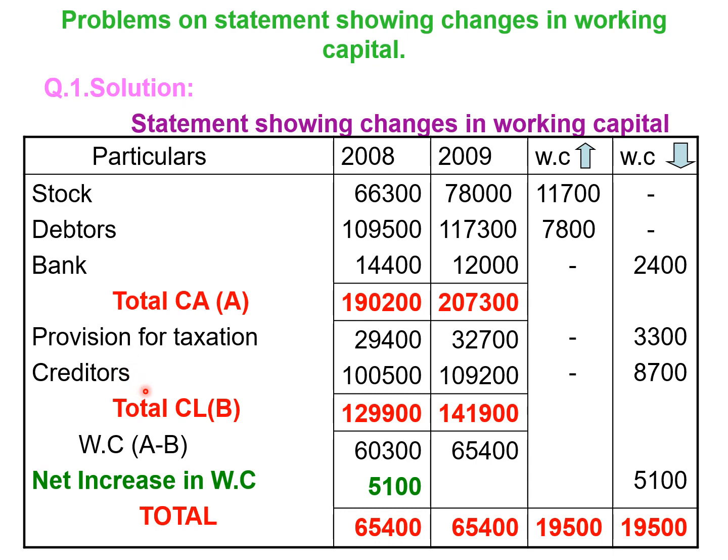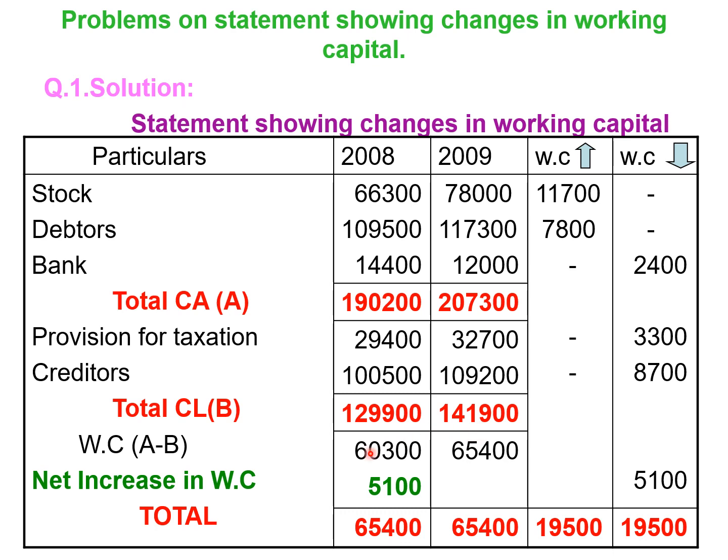Creditors is a current liability. Last year it's 1,05,000. Current year it's 1,09,200. There is an increase in creditors of 4,200. How do you get 4,200? 1,09,200 minus 1,05,000. You get 4,200. An increase in creditors will result in a decrease in working capital. So an increase in current liability will result in a decrease in working capital. So total current liability we get B: 1,29,900 and